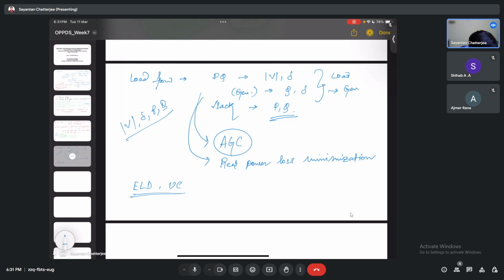This P and Q is obtained from forecasting. This arrow is going for PV, so this is for V, this is for P. And these two we get from load forecasting. Load forecasting is done for P and Q for the next day. Day-ahead forecasting. Real-time forecasting is also done on a 15-minute basis, but that's not for the planning